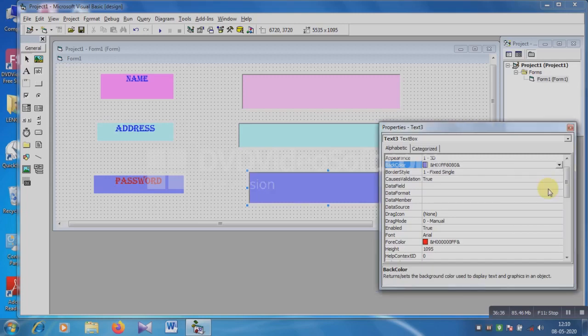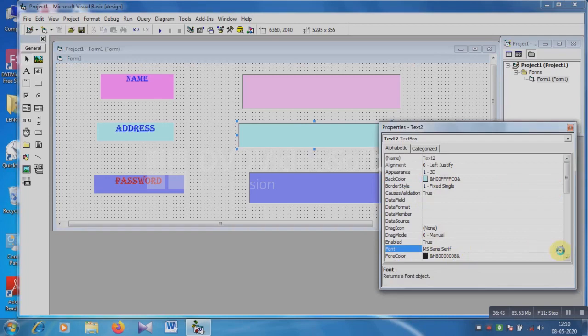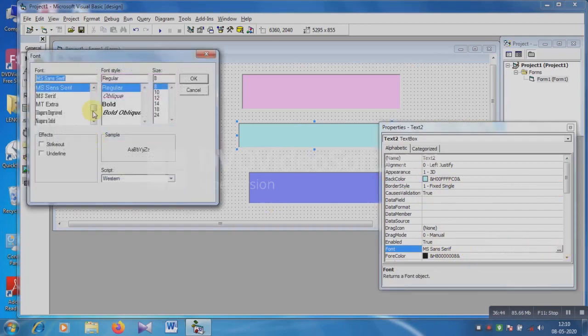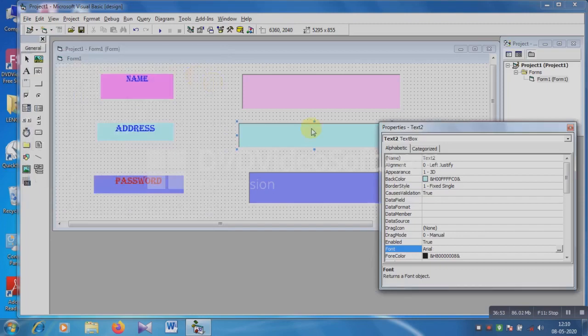At same as it. Okay, password, and then address, back color I choose, but font style I have not chosen. So here Arial, regular and 18.